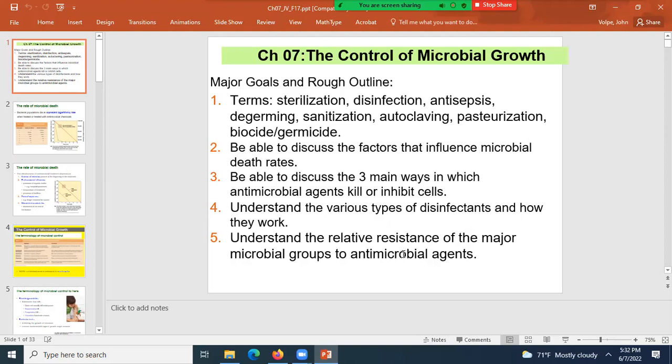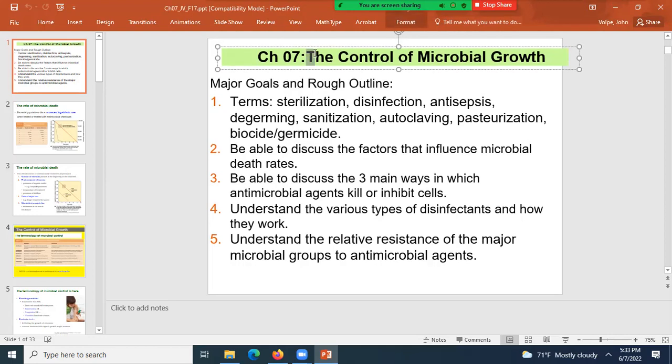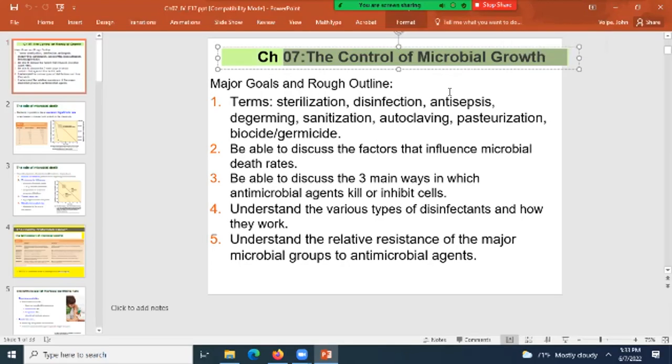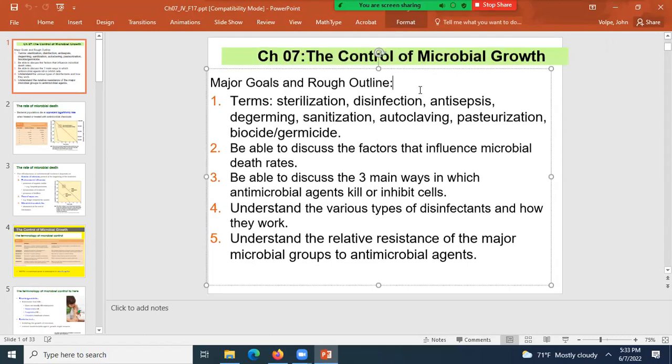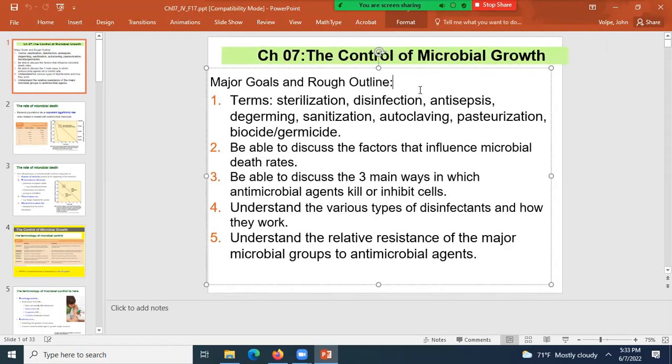So chapter 7 is the control of microbial growth, things like disinfectants and antibiotics. Not antibiotics, antibiotics is a part, I'm thinking of disinfectants and antiseptics, okay? So students generally have an easy understanding of this because we all know what disinfectants are and we know how they work. So I move this chapter to the very end because it's this chapter that you already have some